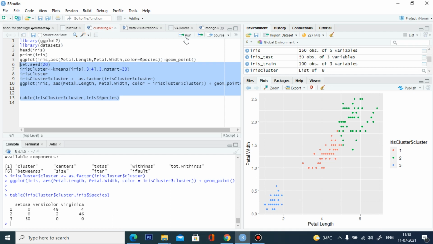This is purely based on the data given to our k-means algorithm. I hope this is very helpful for understanding what clustering is and what k-means clustering is. Clustering is a main technique. When we have a huge amount of data, we can easily find the pattern in the data using clustering. We can group the data based on its pattern without knowing the predicted variable. That's why it is very helpful in data analytics. I hope this is very useful for you. Thank you.